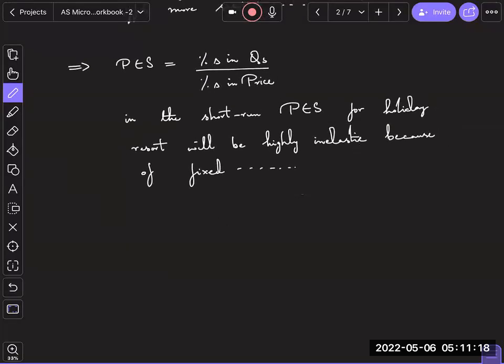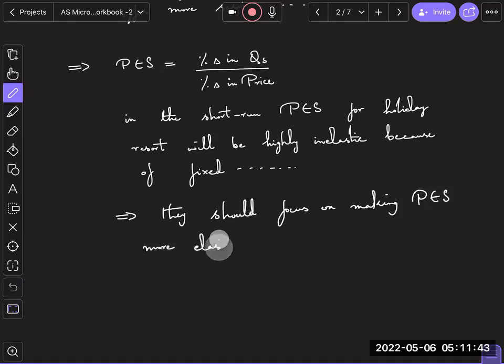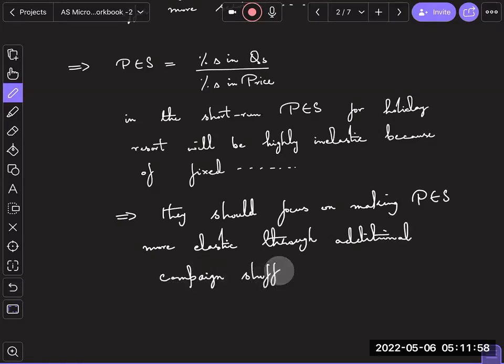So जब आपकी PES inelastic है, आपका रेवेन्यू मैक्सिमाइजेशन में थोड़ा सा इशू होगा, क्योंकि ऐसा नहीं हो सकता कि प्राइस बढ़ जाए तो आप अपनी क्वांटिटी भी बढ़ा दो. सो यहाँ पे फर्म को क्या होना चाहिए? दे शुड फोकस ऑन making PES more elastic through additional campaign stuff, activities,